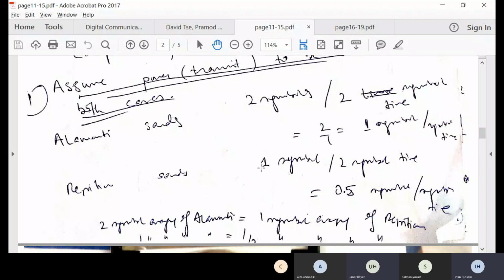Now this is the first thing. Now the second thing you can see. All right. The second thing that we can notice,